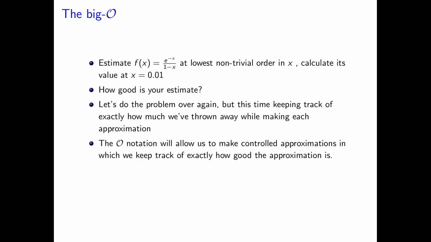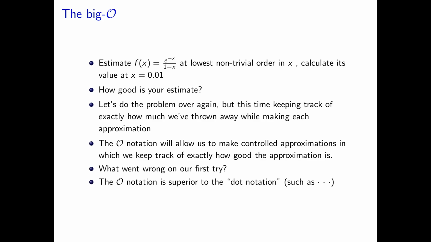So let us just quickly revise what we have learned in this small exercise. The O notation will allow us to make the controlled approximation, and the other approximation is where we do not keep careful track of what terms we are keeping, what terms we are throwing away. In that case, we write it as dot notation. Sometimes people are not very careful in the books or text, they use the one notation for the other, but you get the idea of what it means to do a controlled approximation and an uncontrolled approximation.